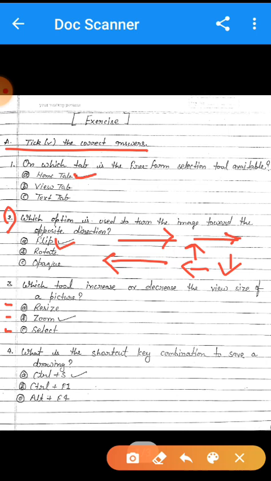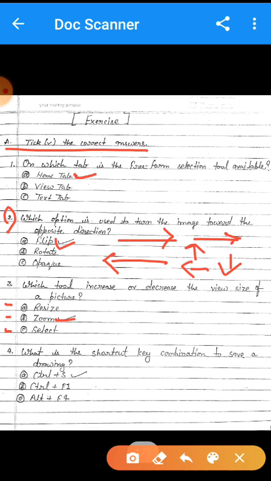So dear students, zoom tool is used to increase or decrease the view size of a picture. So students, option number B is the right answer.